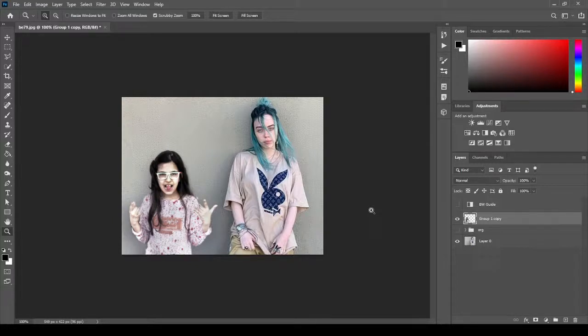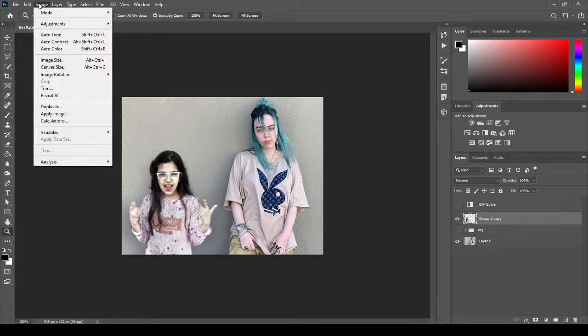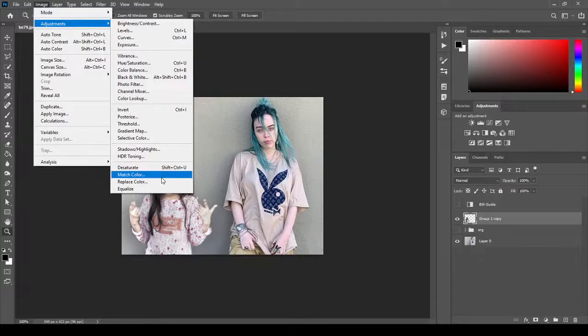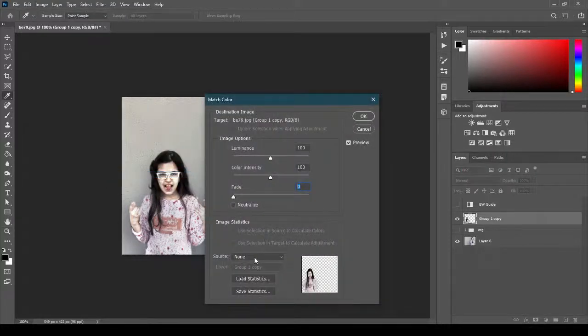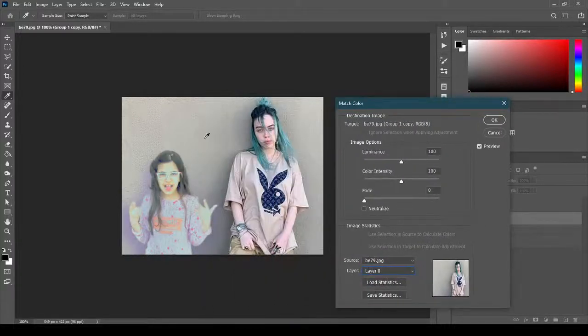Now, final touch, the color match. You can go to image, adjustment, match color. The source, this is our source BE79. So I will choose BE79. Layer, the layer 0. So I will choose layer 0. So now it is matching with the layer 0, but I will turn the neutralize on, increase the